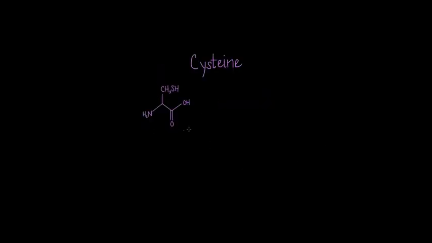So last but not least, we have cysteine, and here's the backbone again. And then here is our side chain, and the side chain for cysteine has a special thiol group. And all thiol is really referring to is the sulfur and the hydrogen at the end there. So cysteines have this neat little trick where if they're in close proximity with each other within a polypeptide chain, or even between 2 different polypeptide chains, then their side chains can form a bond together between the 2 sulfur atoms called a